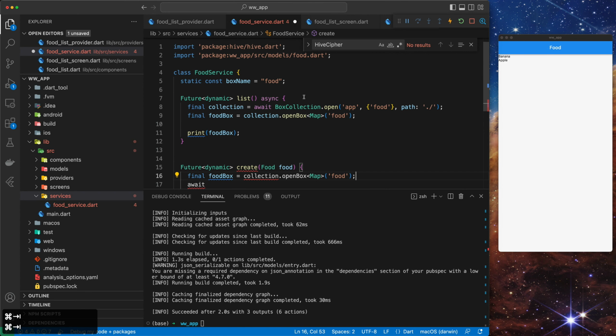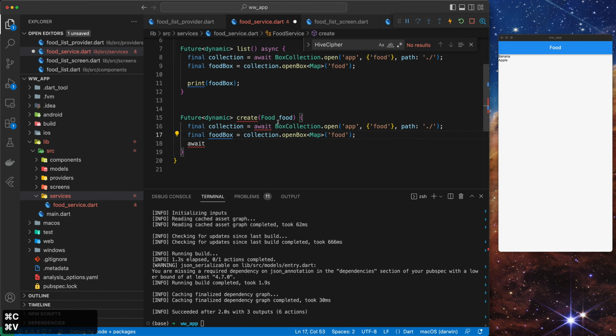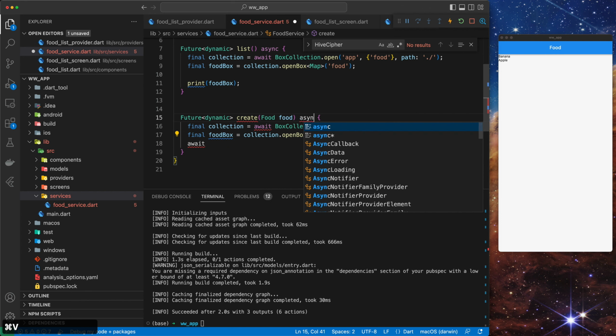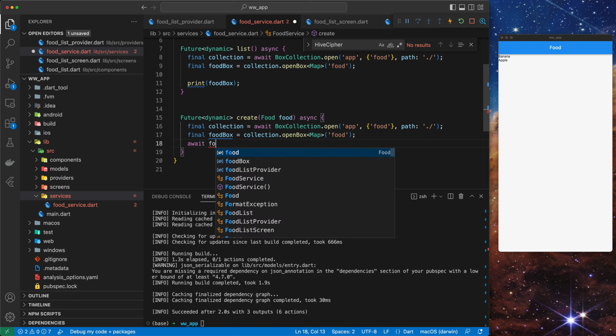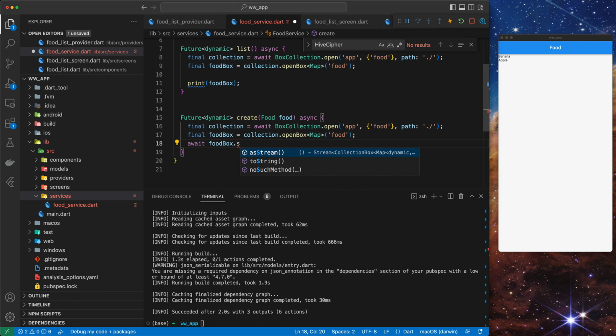This is not the way to do this because there's a lot of duplication happening here. But I just want to lay out the pieces and then we'll figure out the best way to architect this. So here we can go food box dot